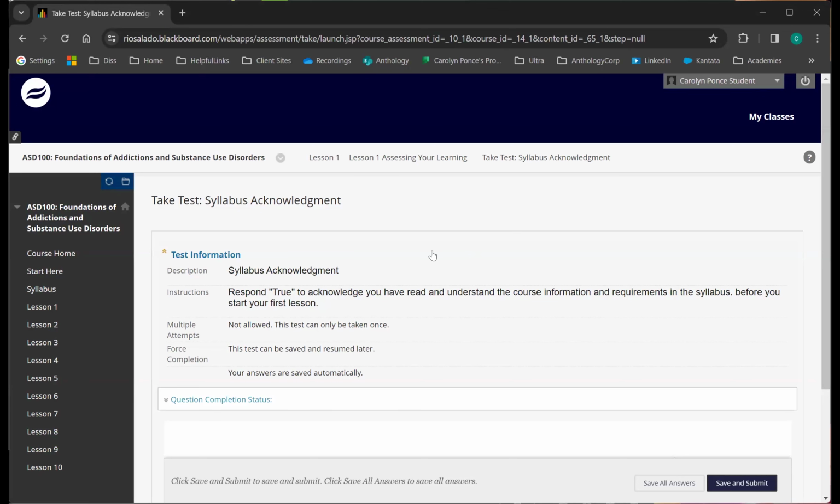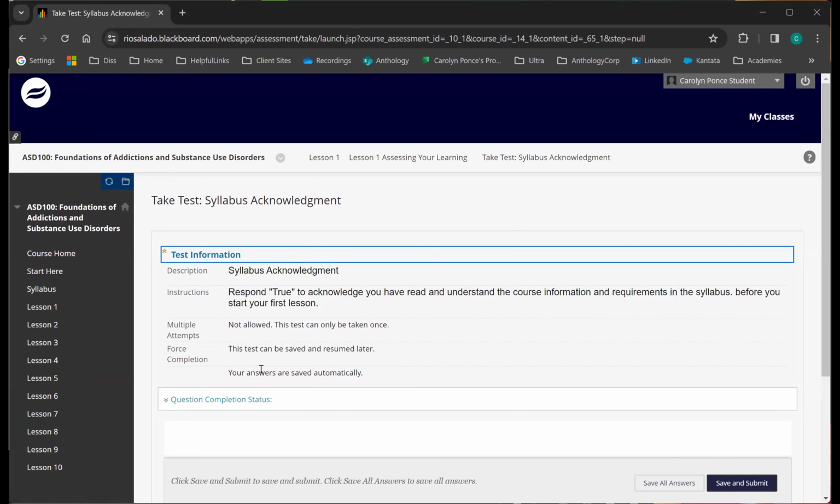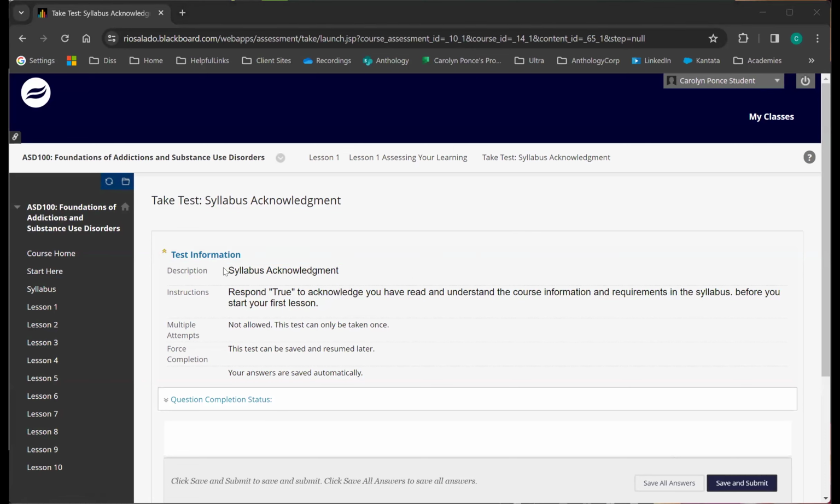Anytime they see a test, there are certain areas of the test that they can reduce as needed. The test information area at the top will provide them with any instructions, any information about navigation, or if multiple attempts are allowed.